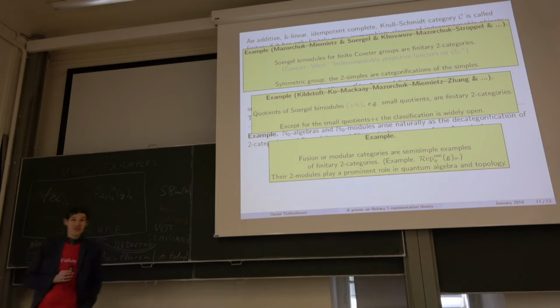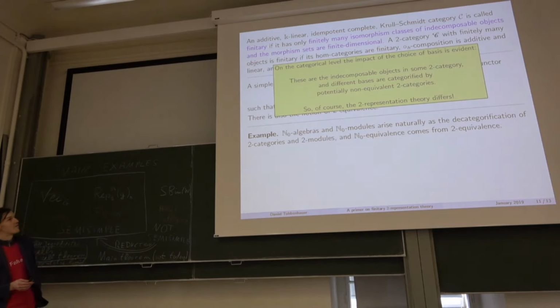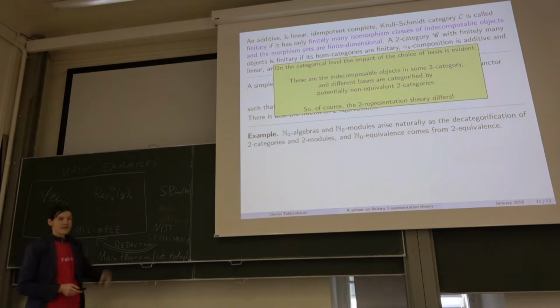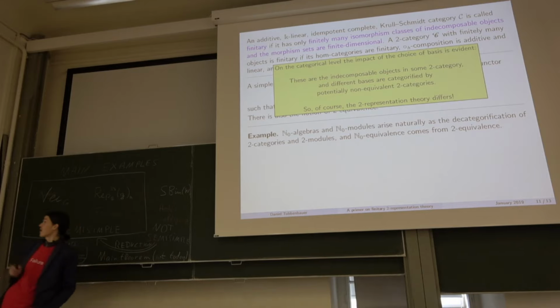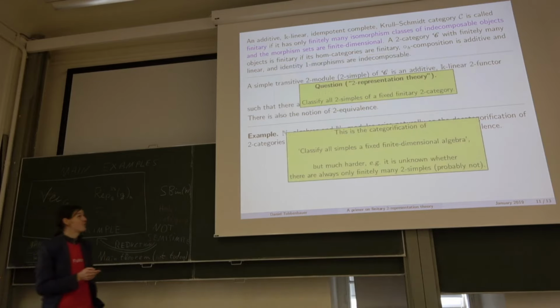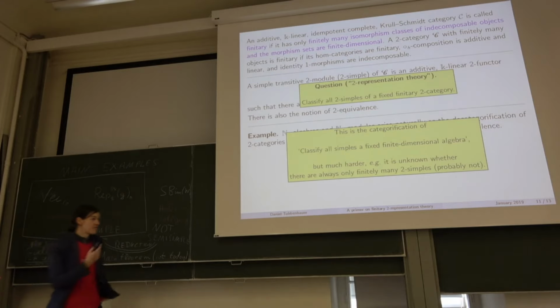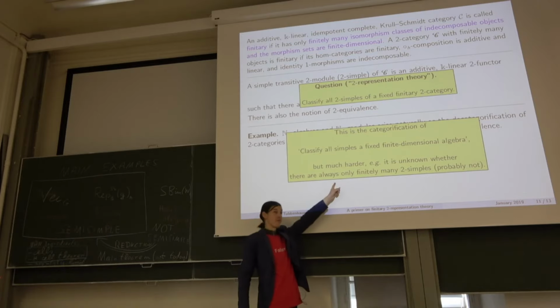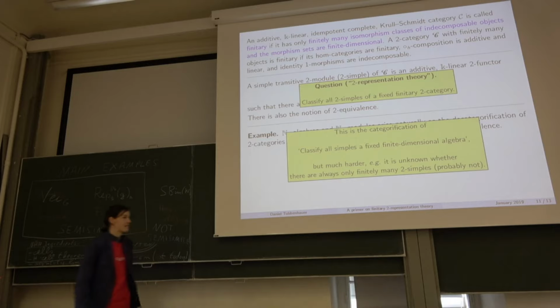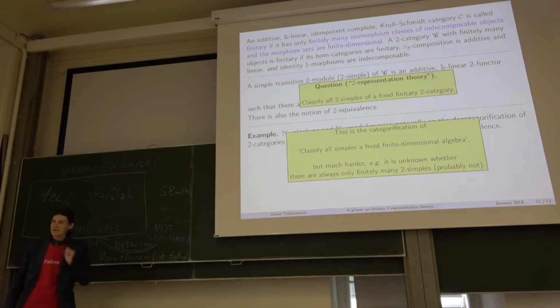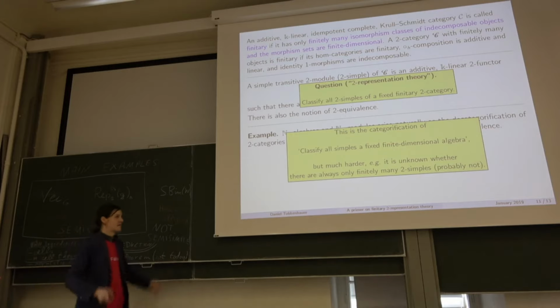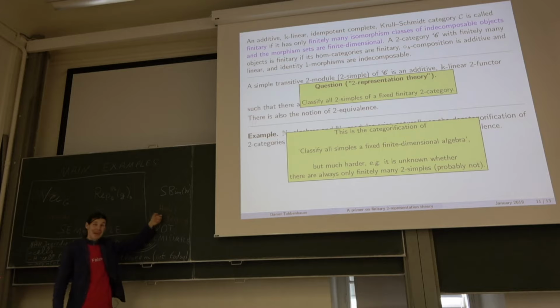So let me finish with the H-cell theorem. Right? The basis, so of course on the 2-categorical level, it differs. So I started something like 5 minutes late. I will go something like 1 minute over time, so please forgive me. The classification is extremely hard. So in general, that's what I write here on the board. It's not known whether there are finitely many 2-simples. If you just ask me in private, no, we have a counterexample. But there are details to be checked. So in those cases, actually, it can occur that you have infinitely many 2-simple representations.